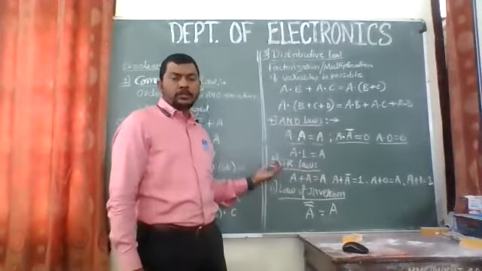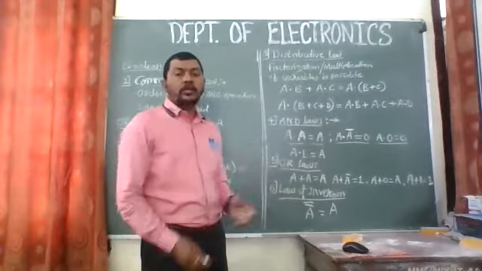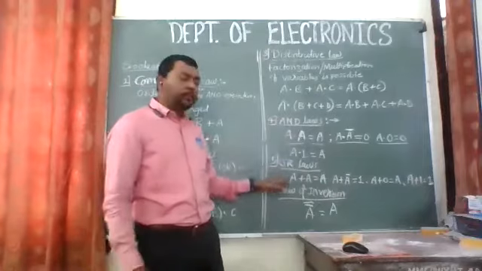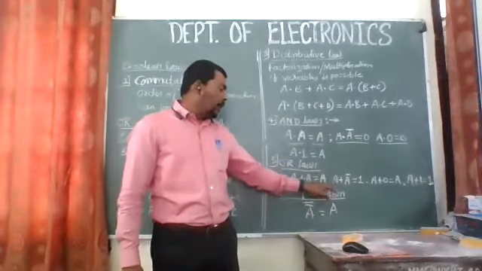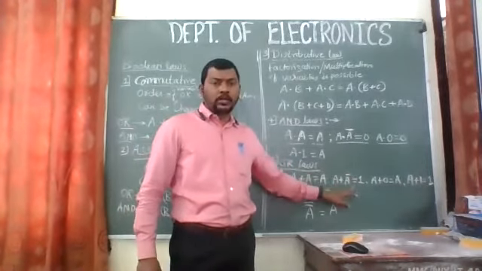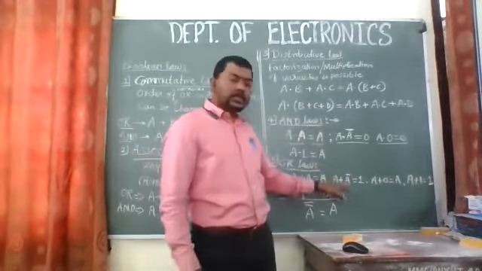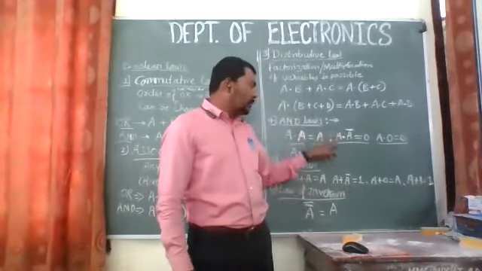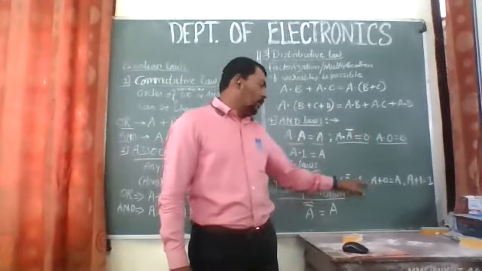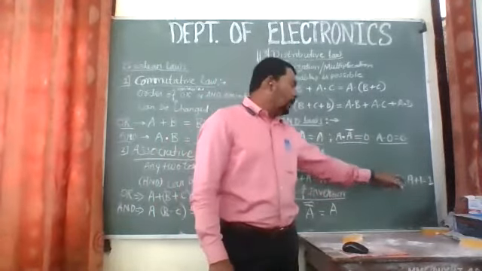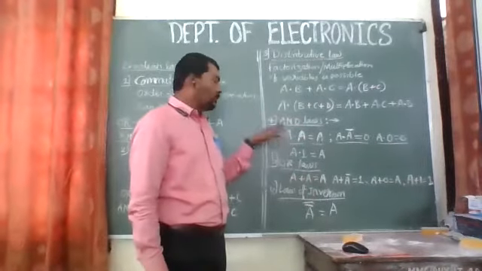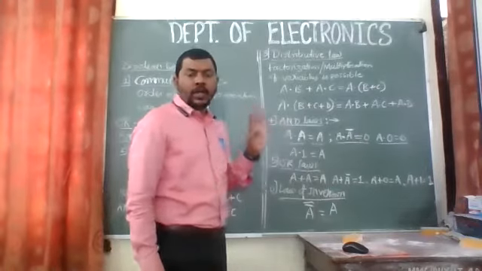Similarly, for OR operation, this is the fifth law of Boolean expressions, that is OR laws. In that also we have to sum the same variables, like A plus A gives you A. A plus A bar will give you 1, meaning one of the terms will be one at a time. So A plus A bar is equal to 1. In AND operation, it is A dot A bar is equal to 0. Yeah, A plus A bar equal to 1. A plus 0 is A and A plus 1 is 1 always. So these are four laws of OR and four laws of AND, right?